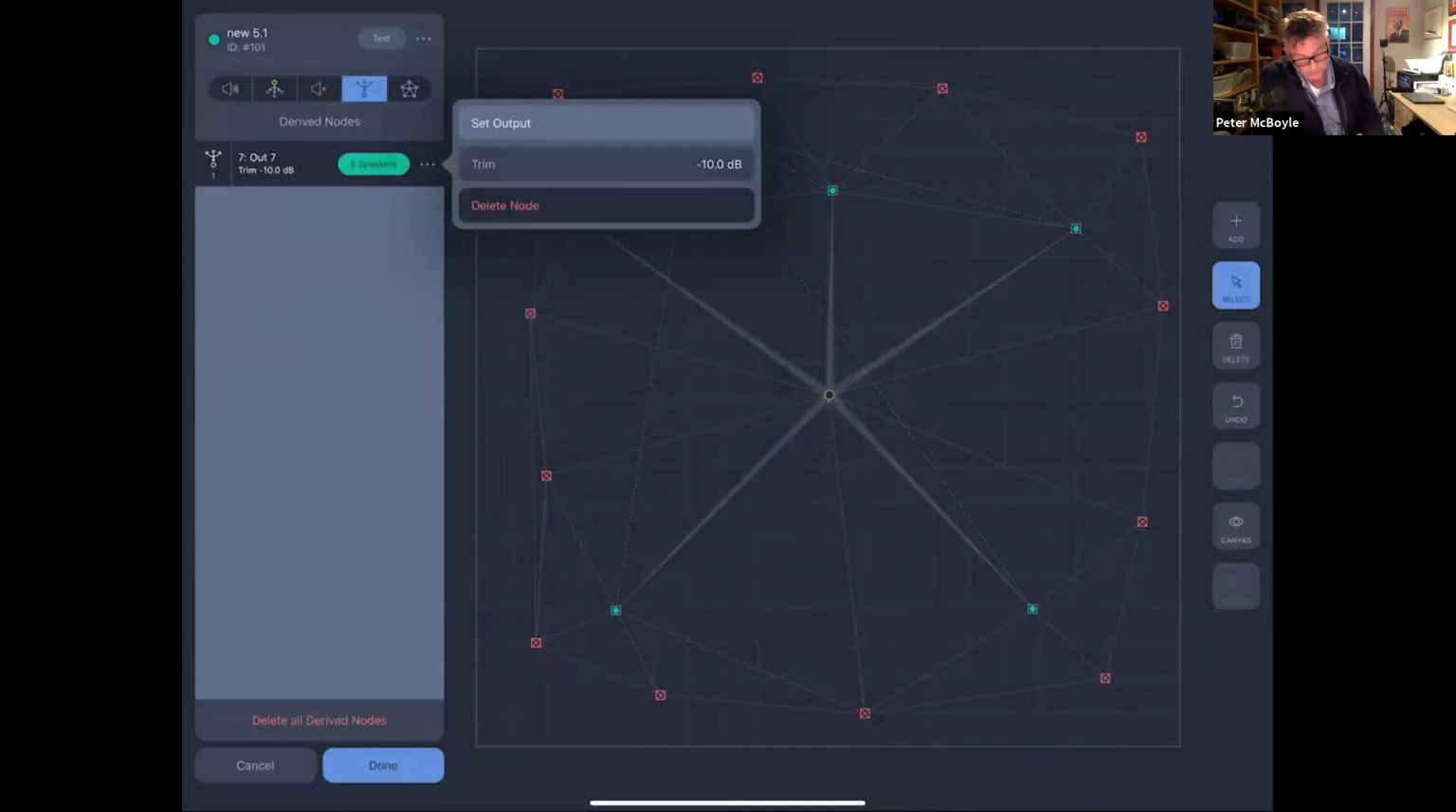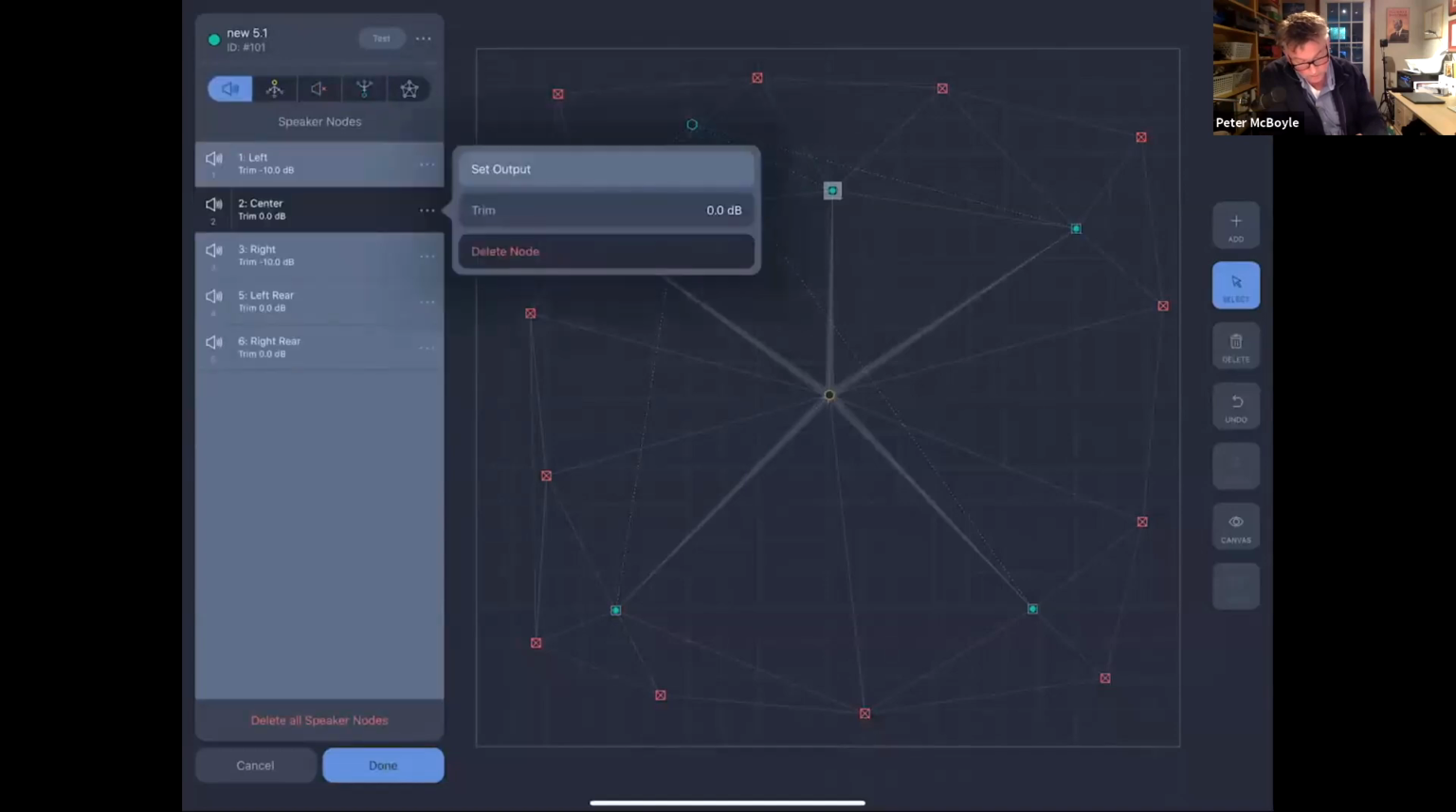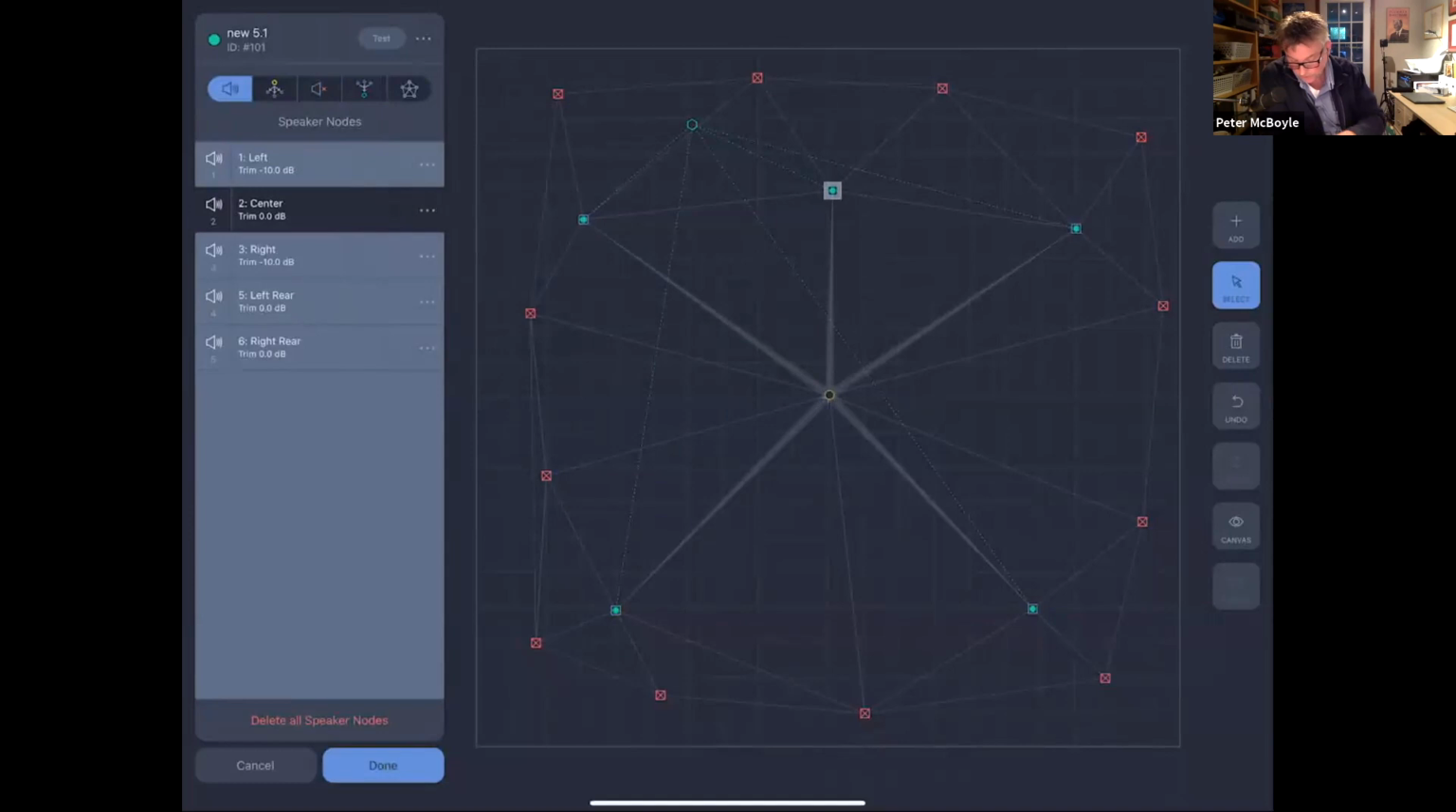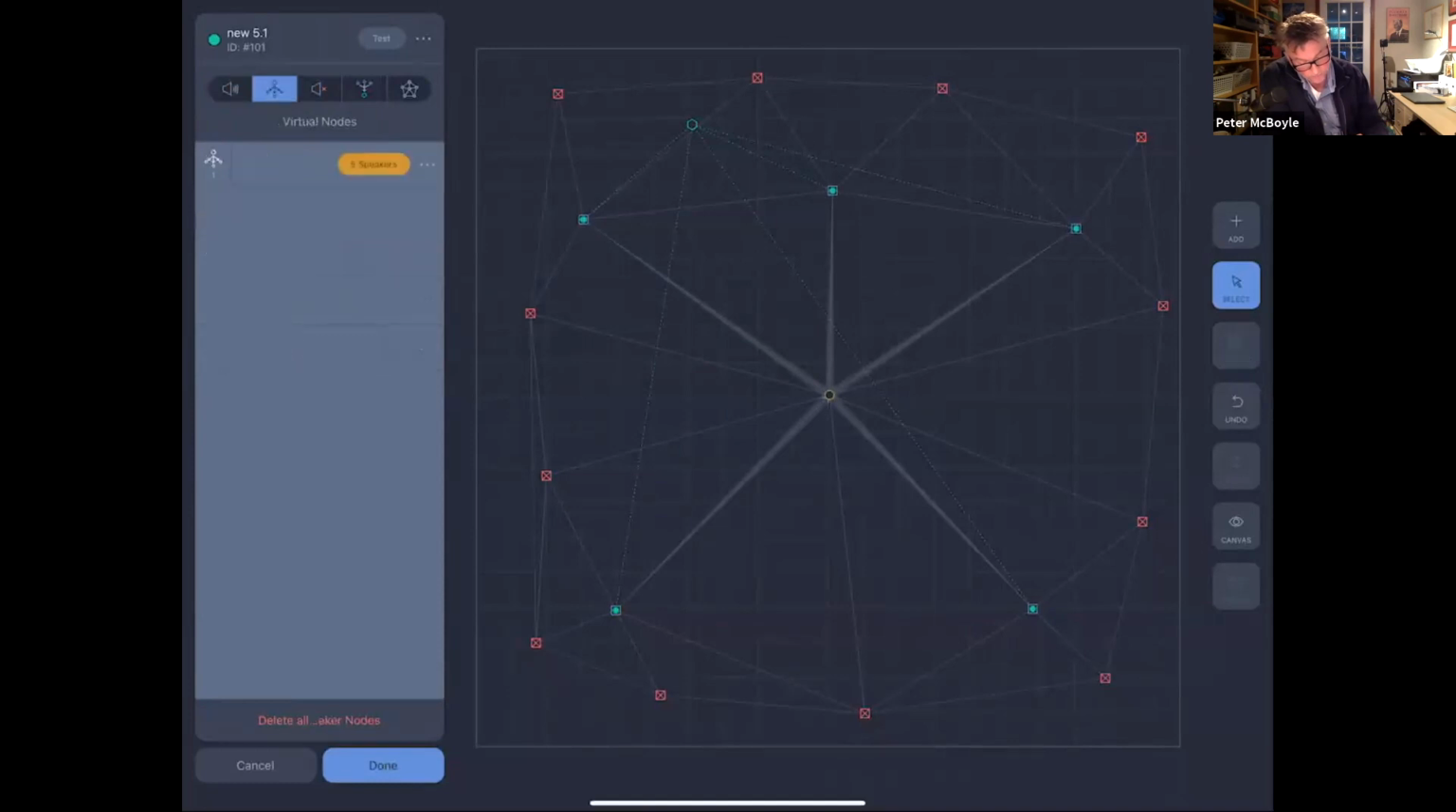So then again you can dim that down a little bit. You could delete the node. You also can delete the node from the garbage can. If you have something selected, you see there's a delete garbage can available. But if you are in the virtual nodes, again, you can